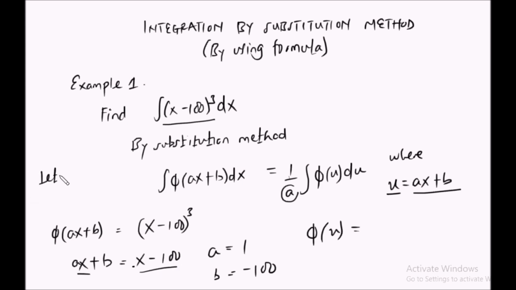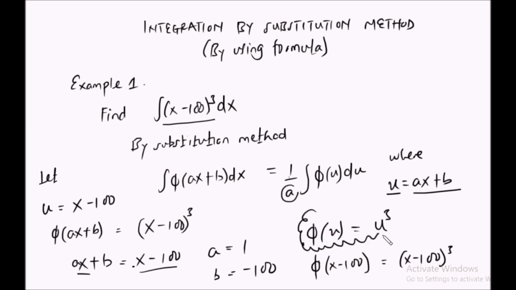So we let u ni sasa na x minus 100. Kama psi ya x minus 100 ni x minus 100 power 3, psi of u ni ngapi? Kama u ni sasa na x minus 100, make ni u power 3. So this one is our psi of u,